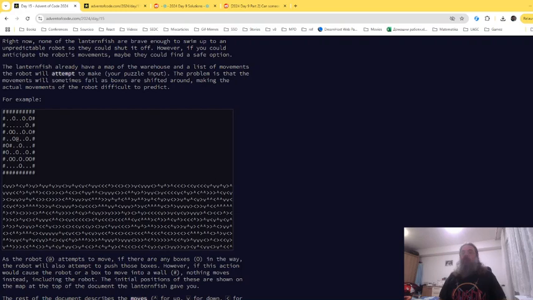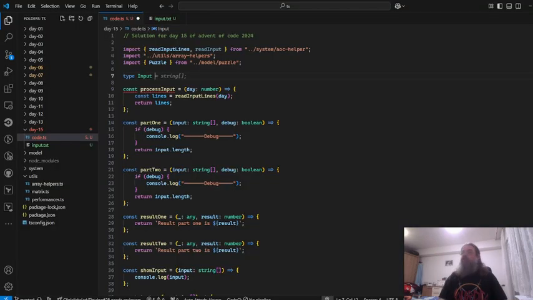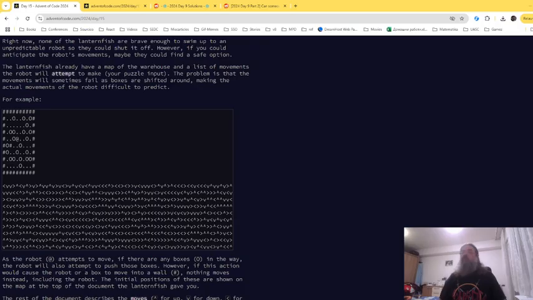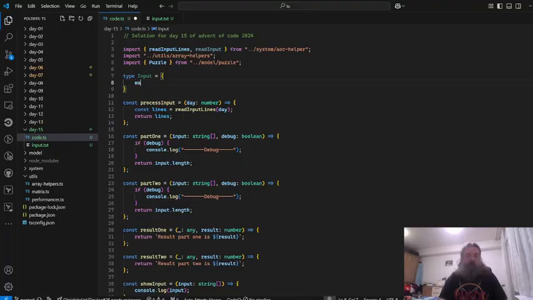Because it is kind of complicated, I will create a type for that, and I will just call it input, since it is consisting of at least two parts. So first we have the warehouse or the map or something like that. We can just call it warehouse, which is an array of actual cells. I will call it a cell array of array. It's a matrix of cells where each cell can be